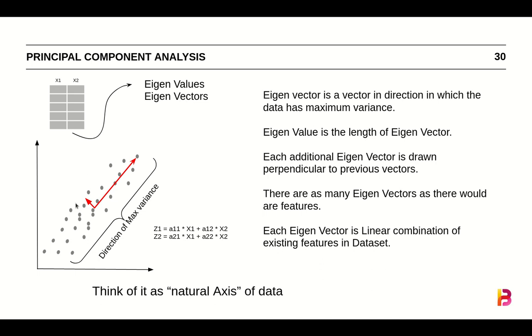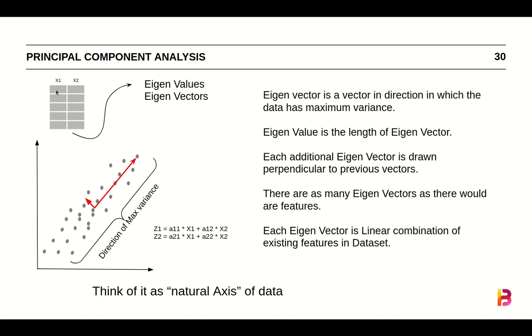So what principal component analysis tries to do is first take the data, understand the spread, and draw eigenvalues with a length proportional to the eigenvector. There would be as many eigenvalues as the number of features. If it was a three-dimensional data, we would have three eigenvalues. If it was a four-dimensional data, we would have four eigenvalues. So this is the intuition behind principal component analysis.